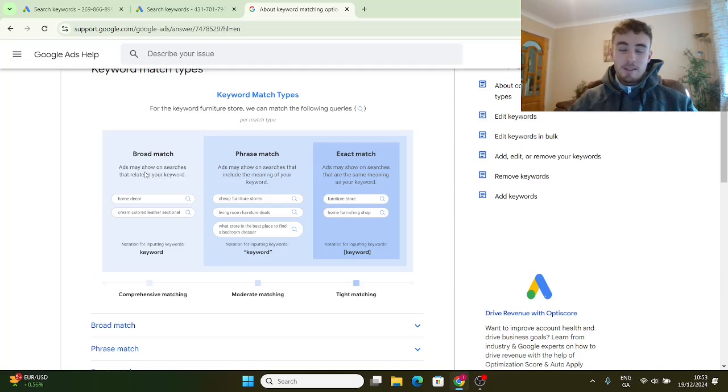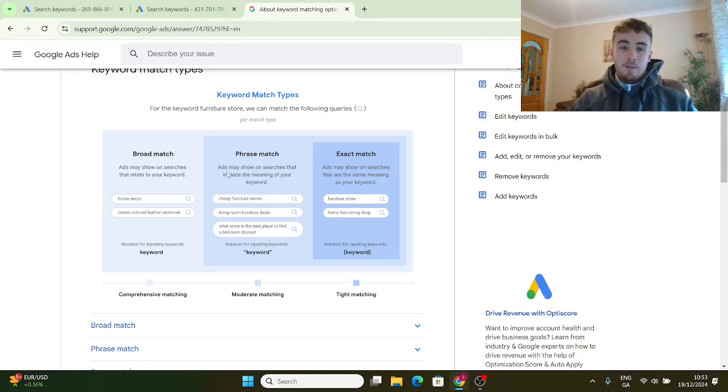But if you're in the early stage of your campaign, I wouldn't recommend using any broad match keywords, even if the intent is there and they're really high buying intent, because Google's going to show your ads for absolutely anything that's even remotely related to that keyword. It doesn't have to be that related in any shape or form, which I'll just show you in a